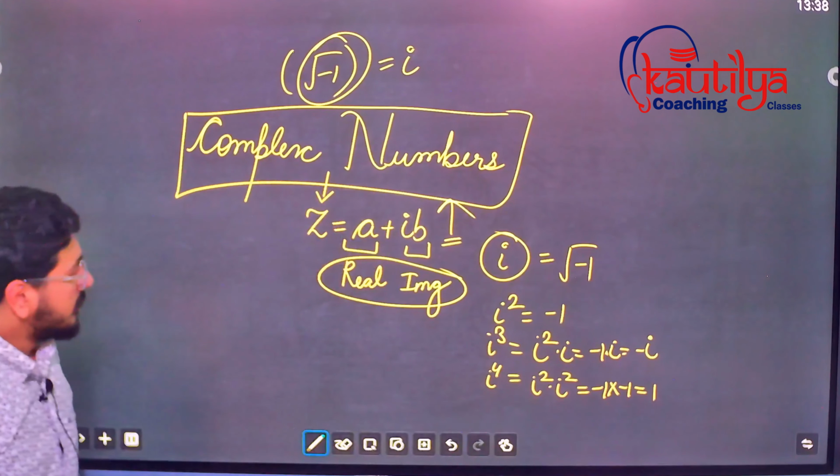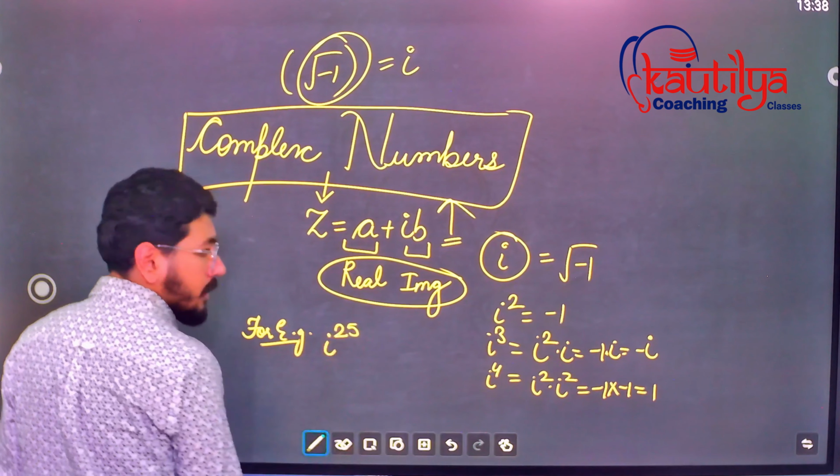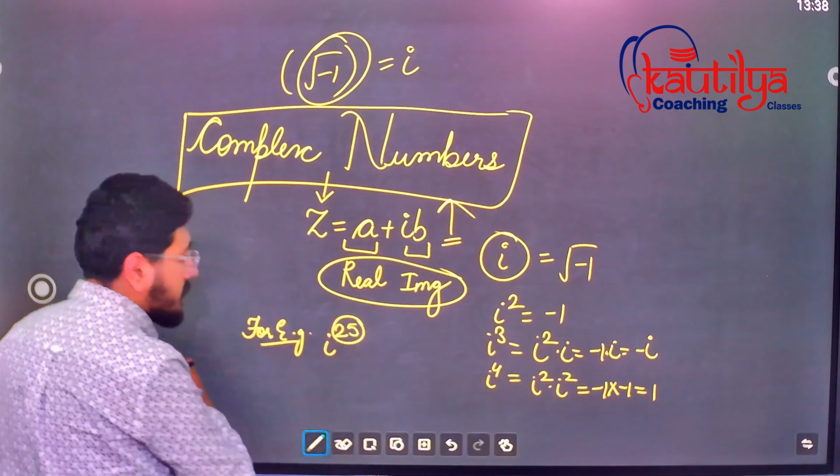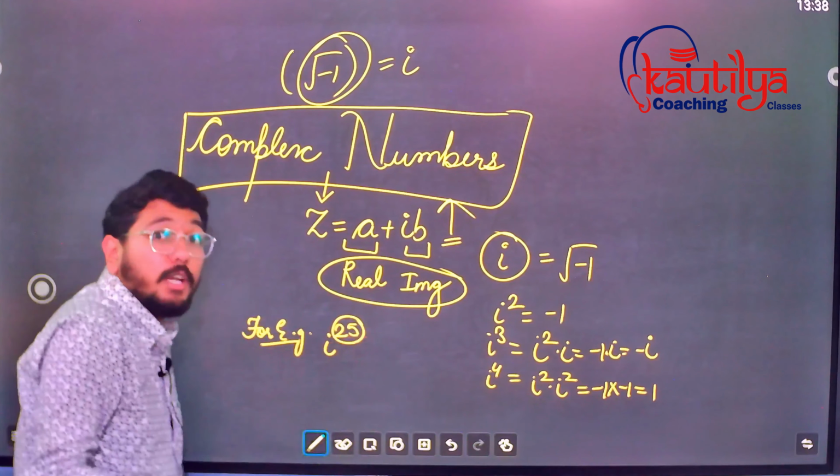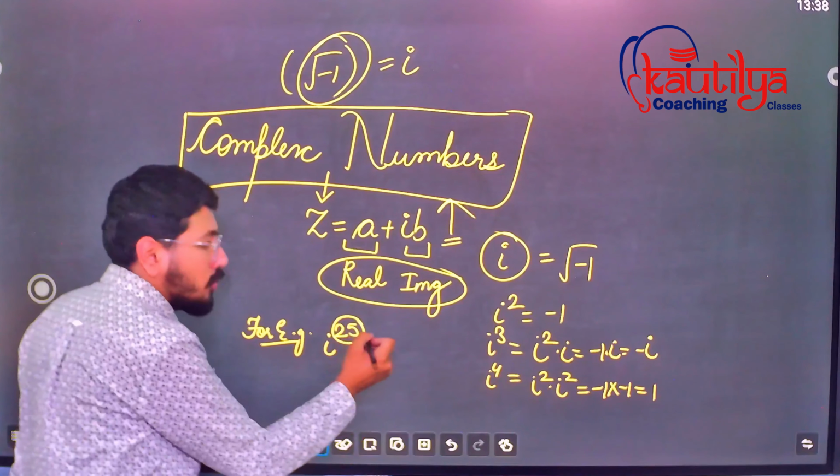Right? Let's talk about an example. For example, iota raised to the power 25. So 25 is there. If we are going to divide 25 by 4,